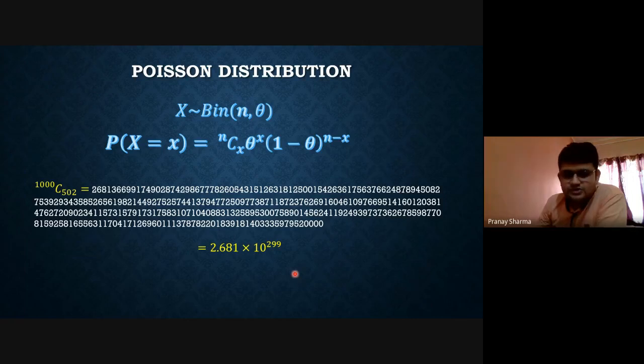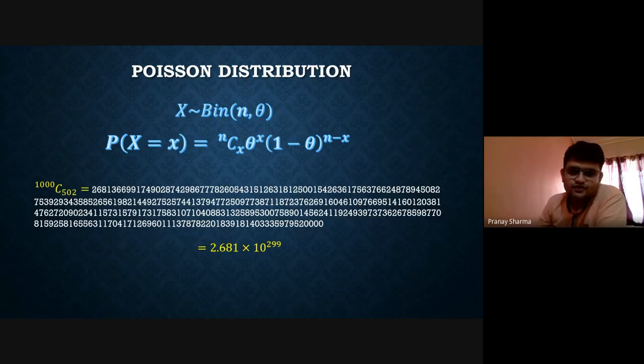So it seems a little bit large. It is large enough that usefulness would be a little bit difficult and calculation will be more difficult. So it becomes very difficult for us to calculate such a large value and also use it. You can imagine we'll be multiplying that by whatever theta terms we are going to get here. So for such values where n is very large, it is very difficult to find probability directly from our binomial distribution. So what we do is we convert it into some other distribution.